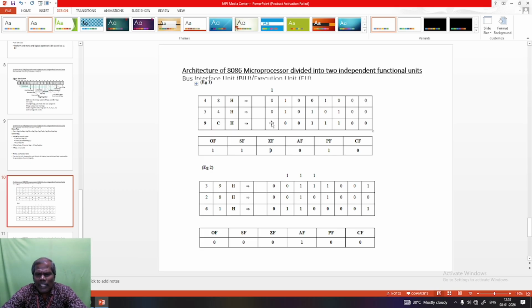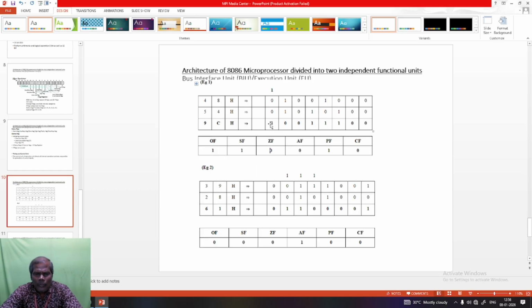Next we are going to check the flag status. So the carry flag: I need to check the carry flag. This one is for least significant. You are checking the result. The least significant bit is 0 and most significant bit is 1. After the most significant bit, if any carry is coming, that time carry flag will be set to 1. If no carry is coming next to the most significant bit, then the carry flag will be set to 0.